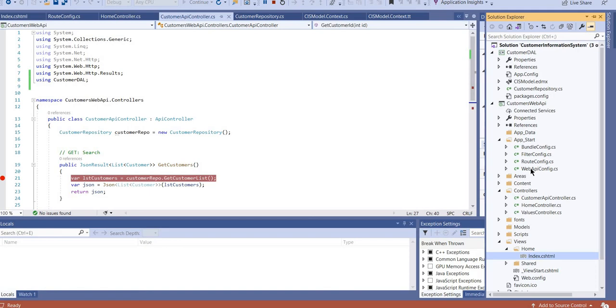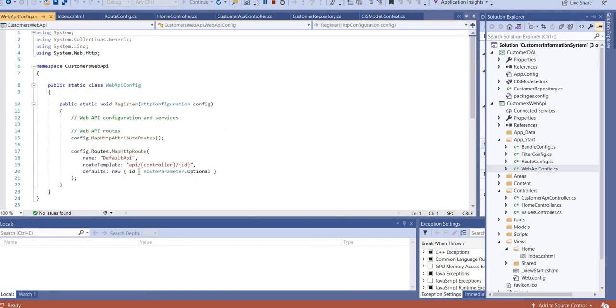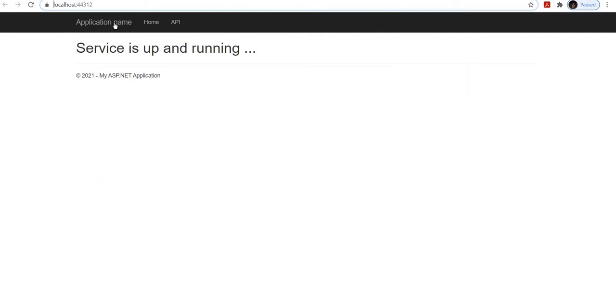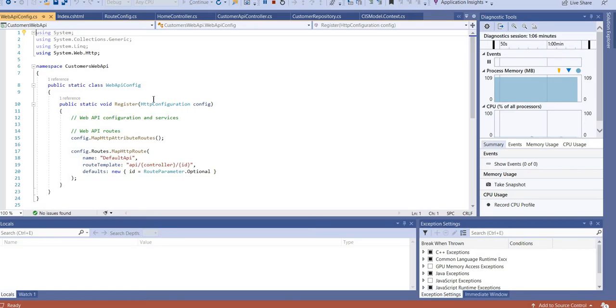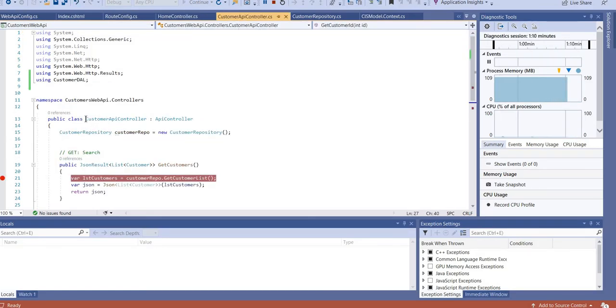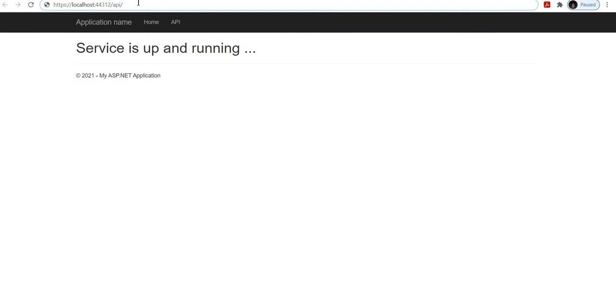I have to write first api, then I have to write that controller name, and this is the controller. Okay, fine, and hit enter.